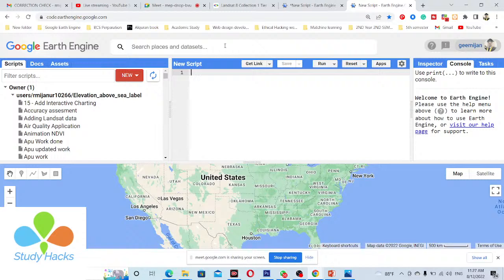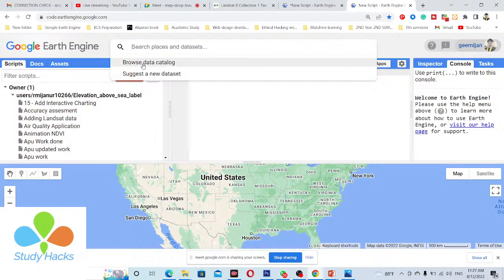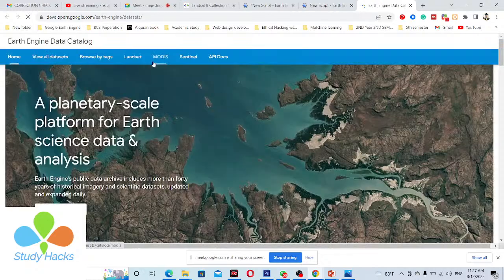So first of all, I look in the browse data catalog, and then I open my Landsat 8 image collection. You can see Landsat. I simply click on Landsat,